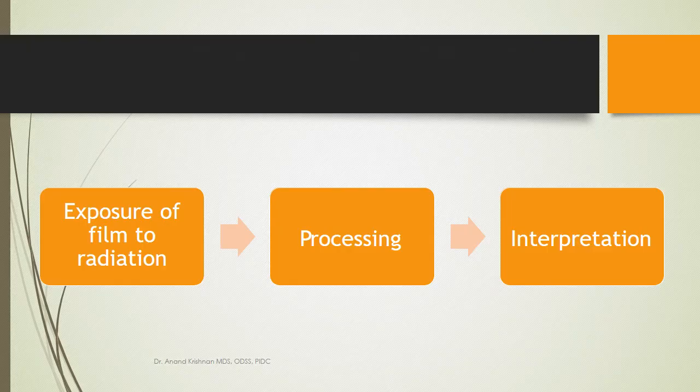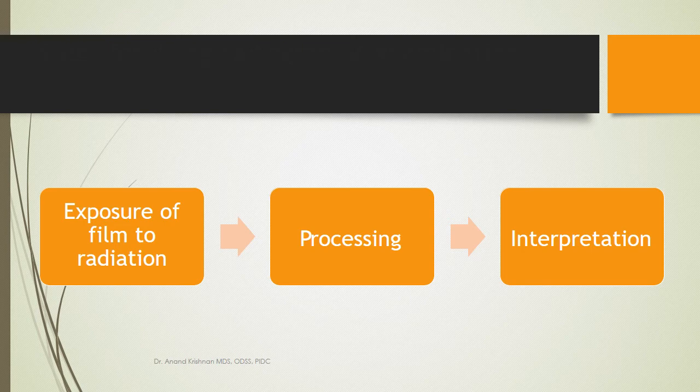Okay. So again, going back, now we have taken the radiograph. Once we do the film positioning, head positioning, and the tube positioning, we go to the control panel, we set the parameters, and we expose the radiograph. So now we have taken the radiograph.